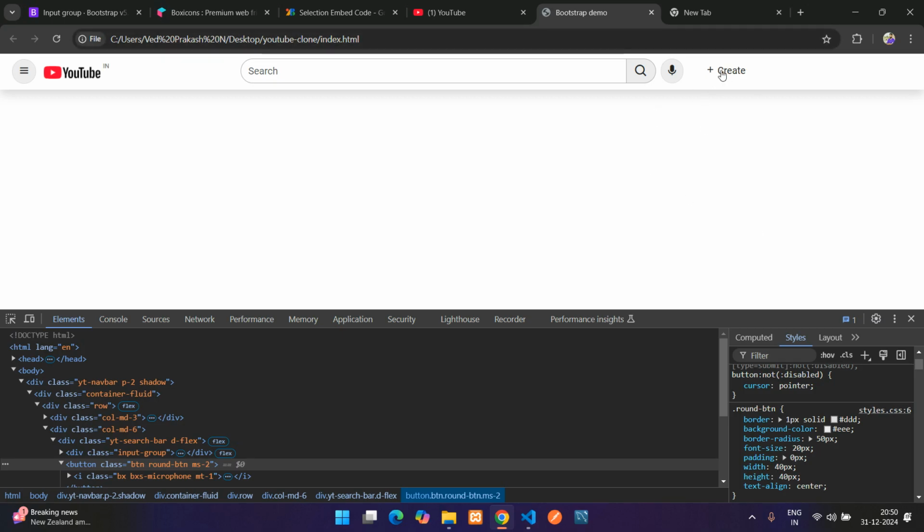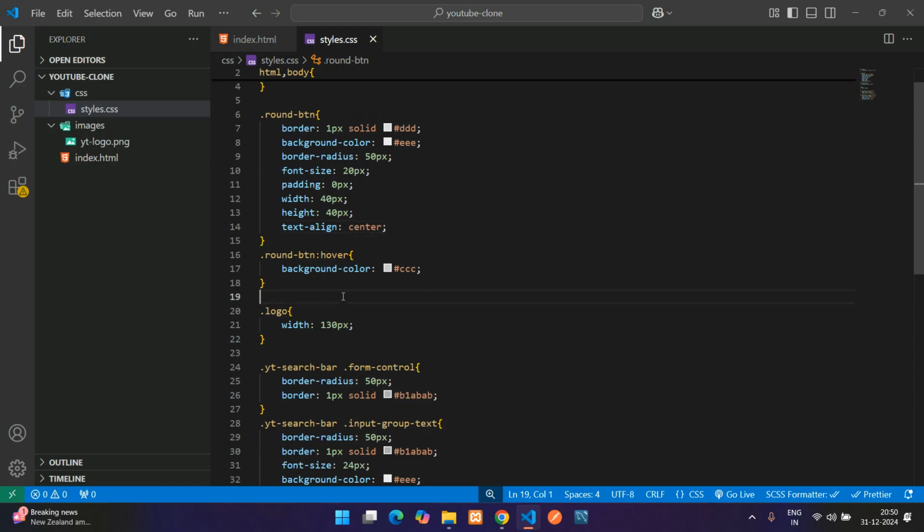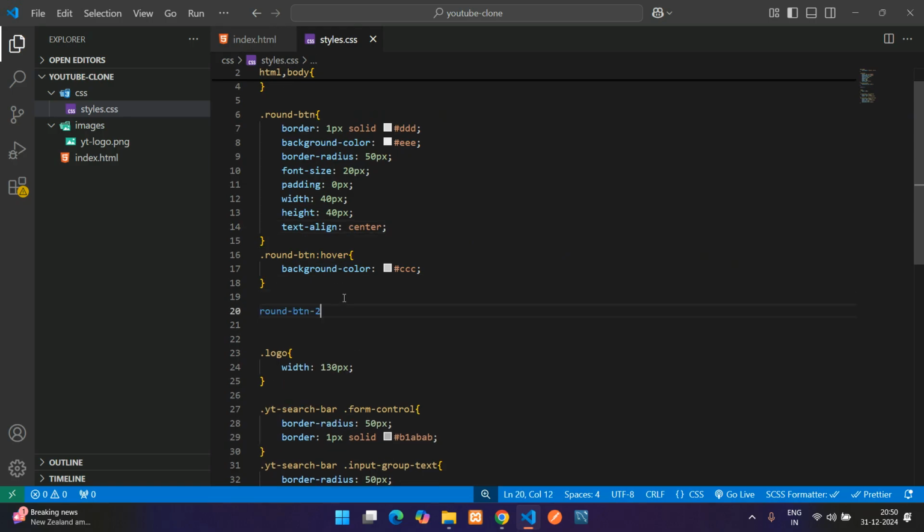Okay, so here we get one design. So what we need to do, let's create one round button. I think round button 2. So let's copy this, get back and paste here, round button 2,